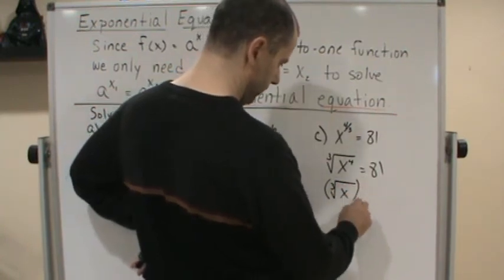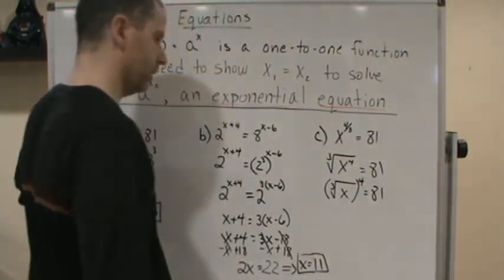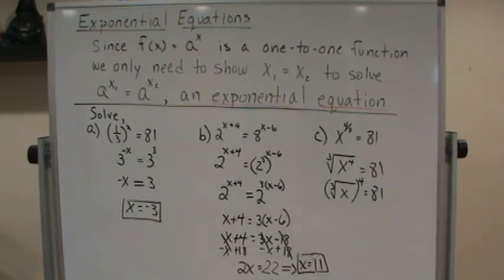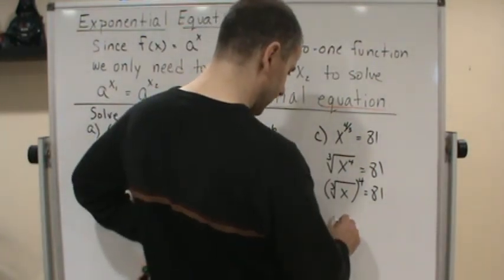Like that. Okay. Now, that's going to be a lot easier to deal with because I know I can write 81 as 3 to the 4th power. Okay? So what I can do is I can write this as